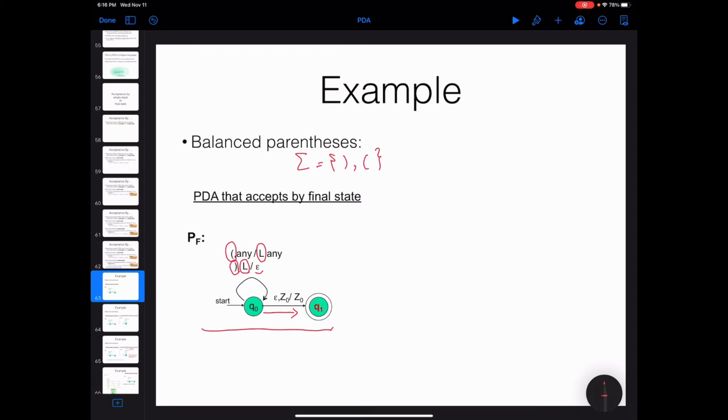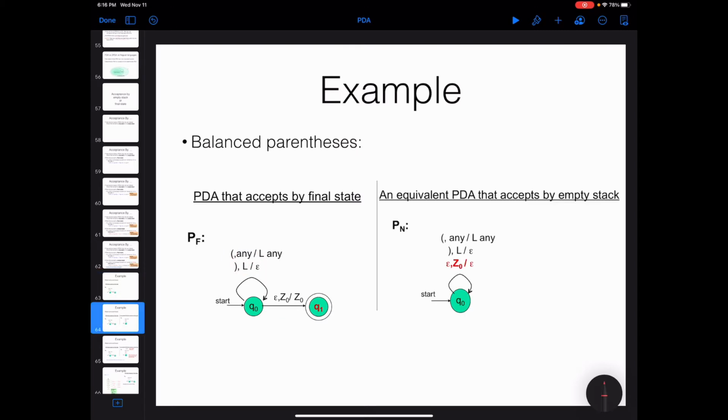It is very intuitive. Now I'm going to show you an equivalent pushdown automata that accepts the same language by empty stack. It doesn't have a final state. We actually don't need a final state. So basically this pushdown automata is going to be very similar to this one. The only thing is that we don't need the accepting state, and I'm going to add one more transition over Q0, and that transition basically just removes the